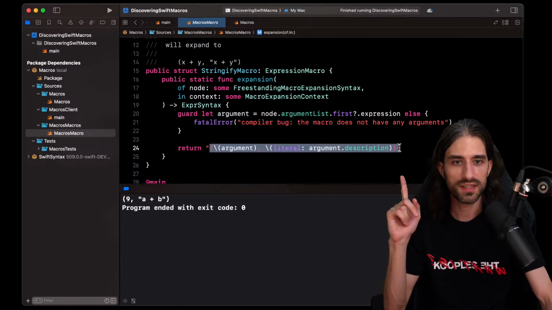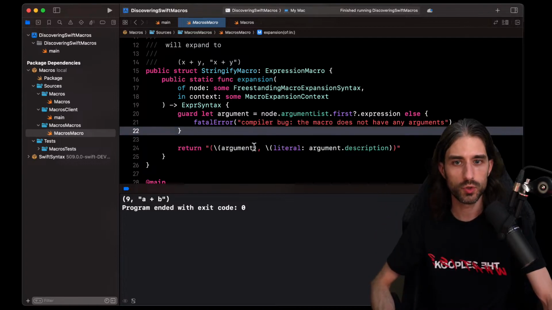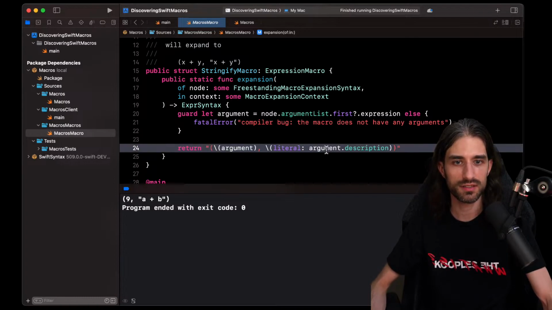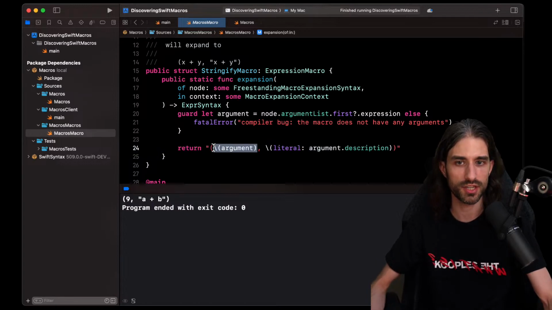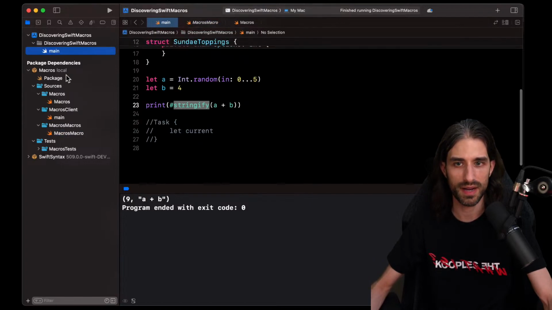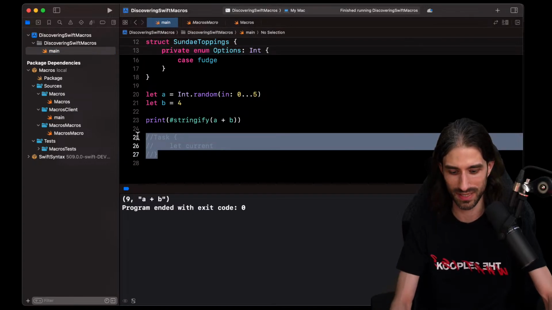Oh yes, so what it returns is a tuple. It returns a tuple with, in the first element of the tuple, the expression A plus B, and then in the second element, a string which contains the Swift code, a string representation of A plus B. So I guess it's still evaluated at runtime, except that now the expression has been moved to a tuple, because in this code, I don't see anything that seems to evaluate the code at compile time. But let me run my little test to be sure of it.